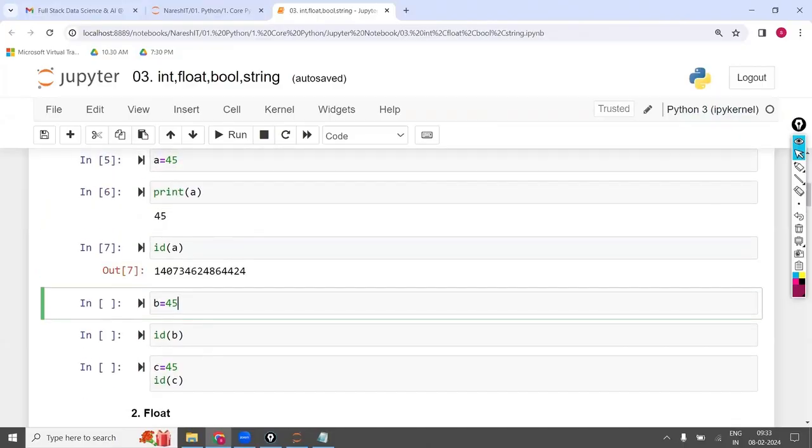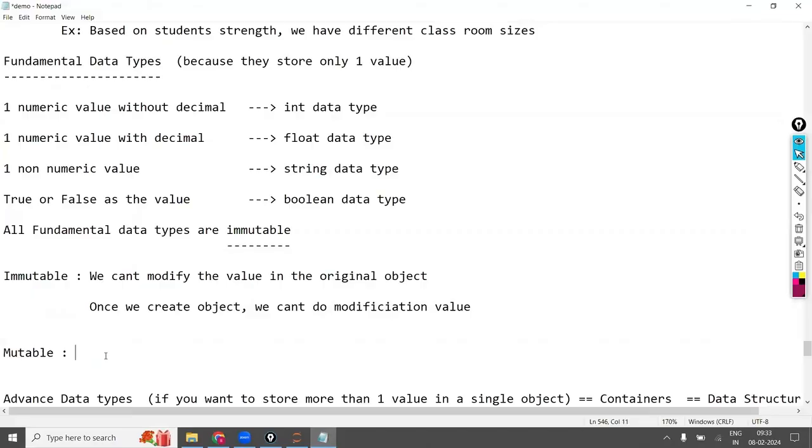Sir, show us one example for the mutable. Mutable means we can modify the value in the original object itself. We can do the modification in the original object itself.